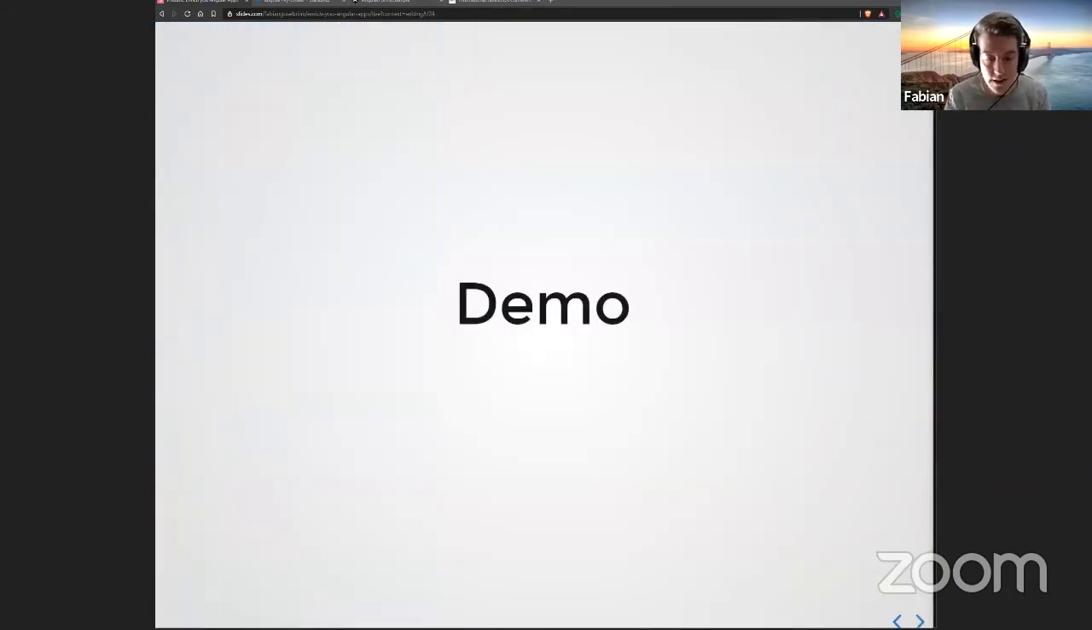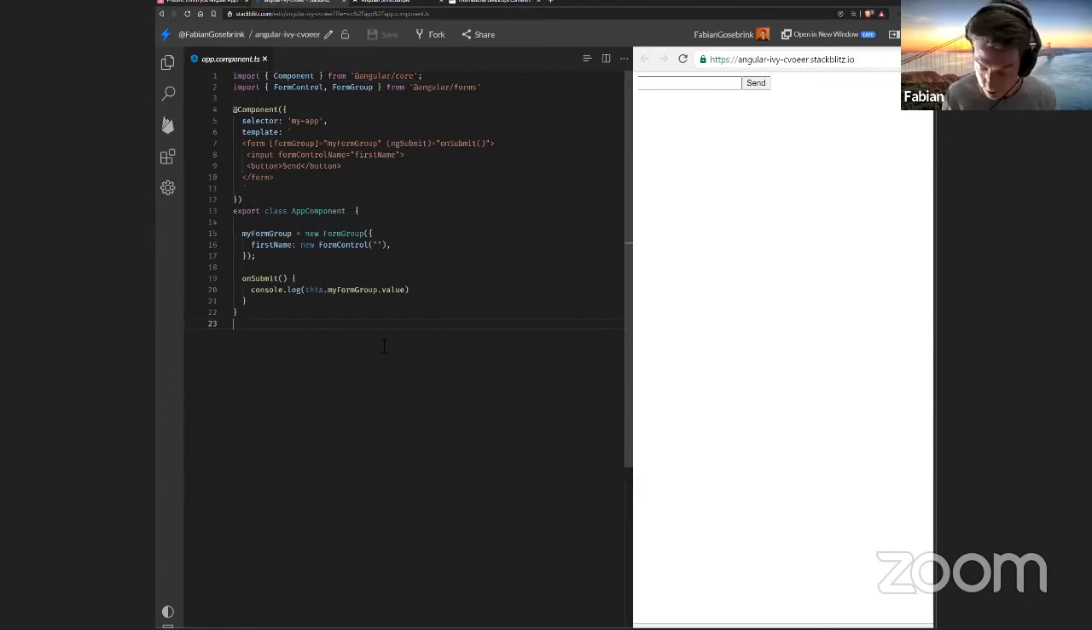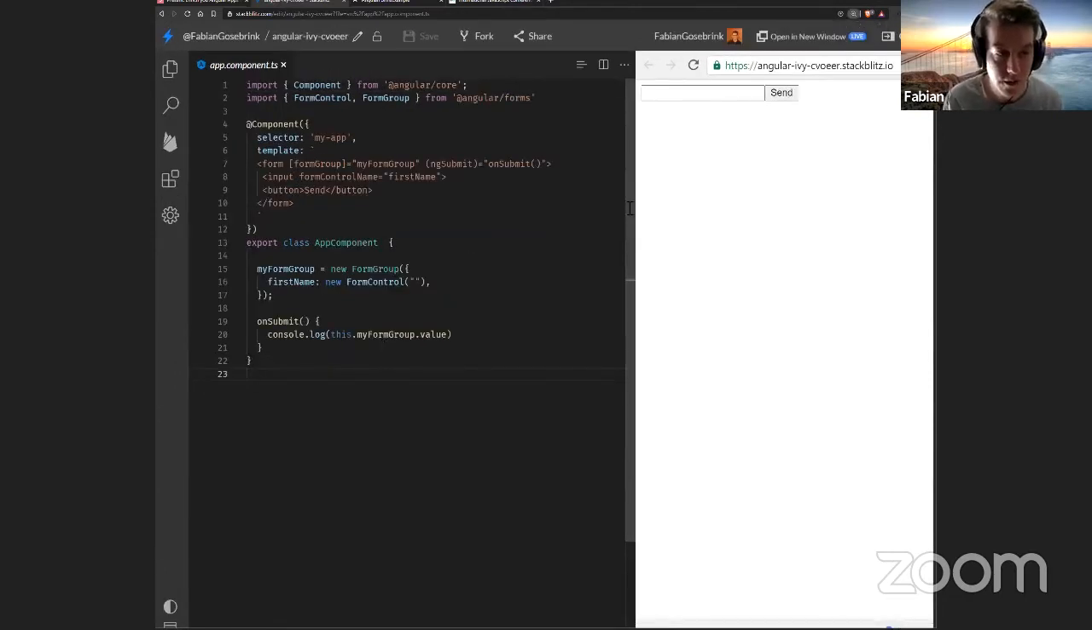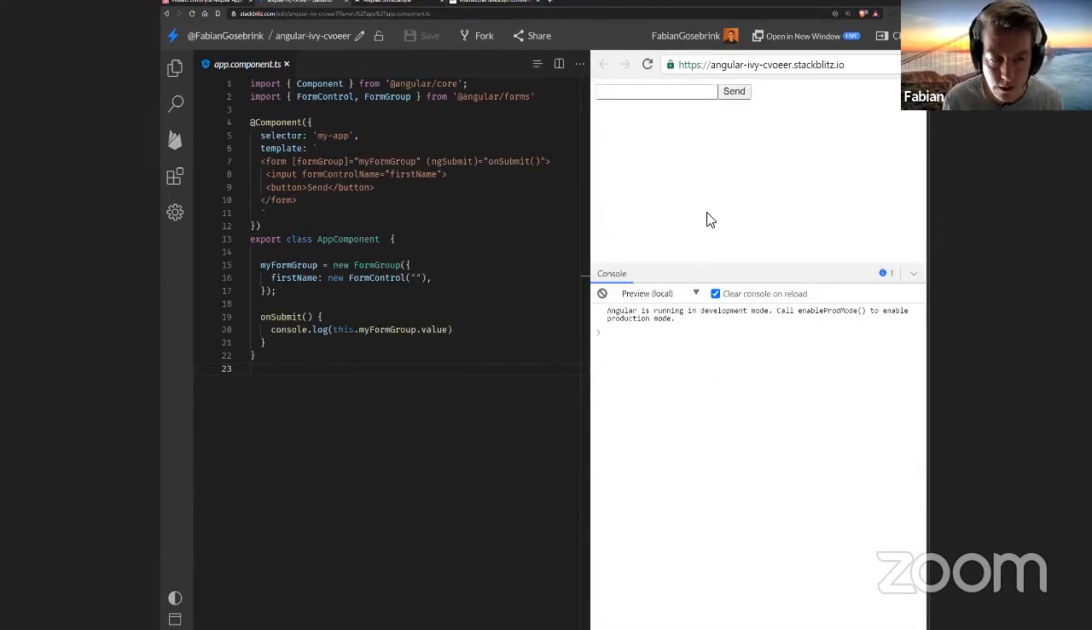Let's take a look at a small demo I want to show you, and I have a small StackBlitz here, and I hope you can see it. I'm just making it a little bit bigger. I hope this is all right. Let me just open up the console here. You can see the console on the right-hand side. Here on the right-hand top side, we have an input and a send button. And what we just did is